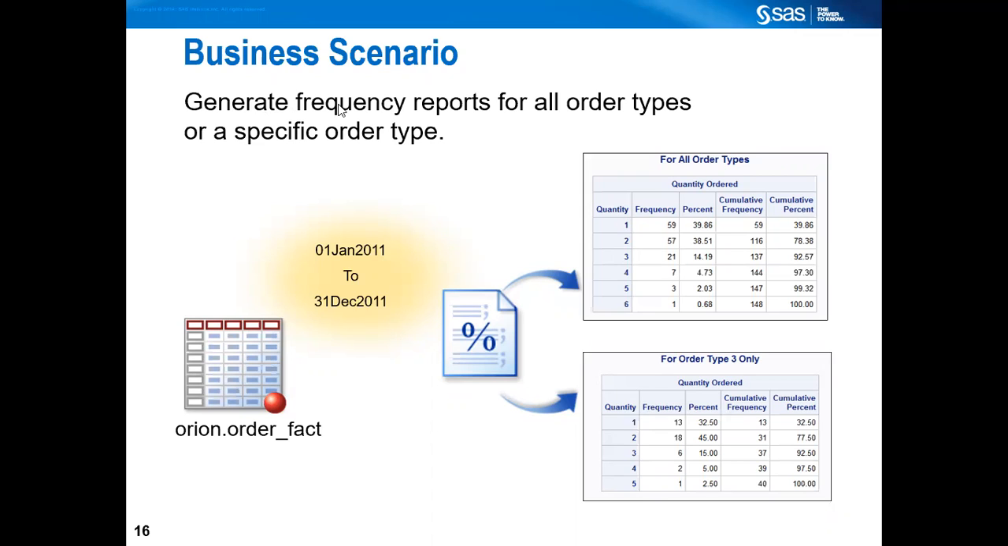We are going to generate a frequency report for all order types or for any specific type as per the requirement. Either you want a retail type of report, or a catalog report, or an internet type of report, which is order type 3, or order type 1, which is equivalent to retail, and order type 2 means catalog business. Okay, fine. So understanding this scenario now,